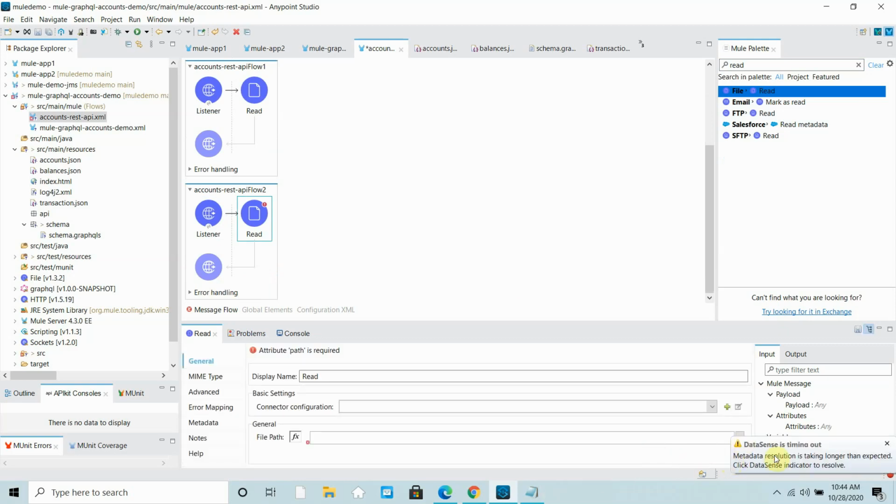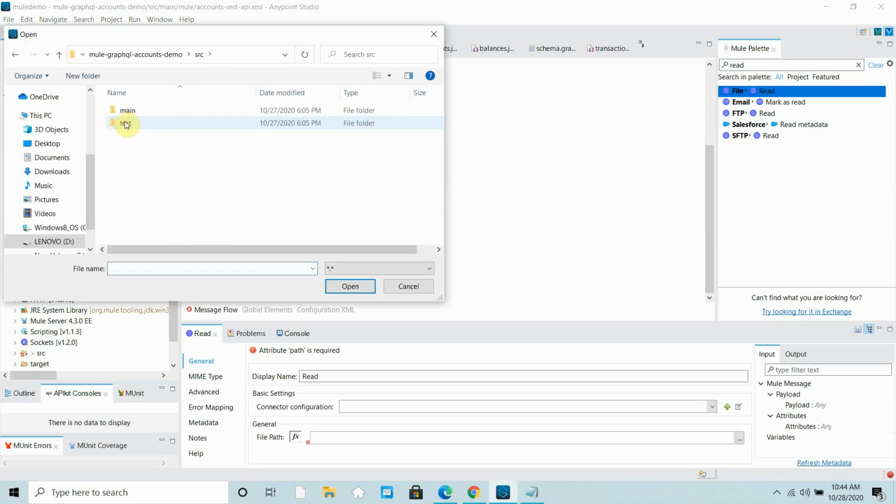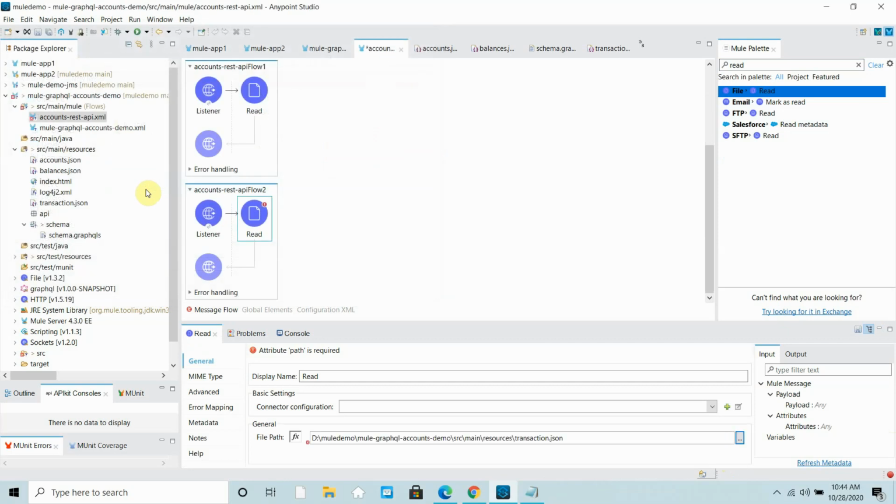Then I can click on the three dots and read this particular file, which should be resources and transaction.json. So my transaction system API is ready.